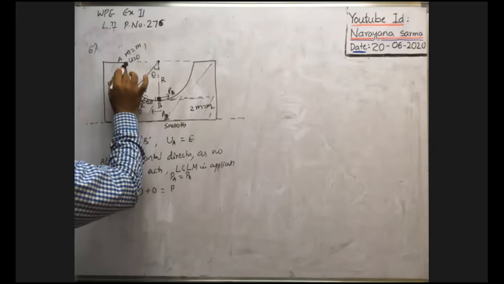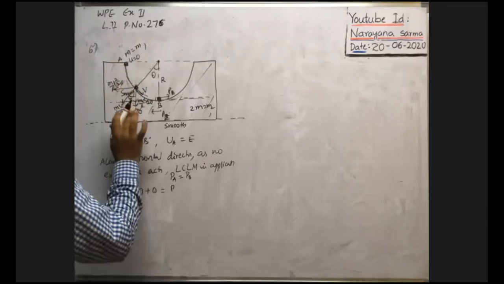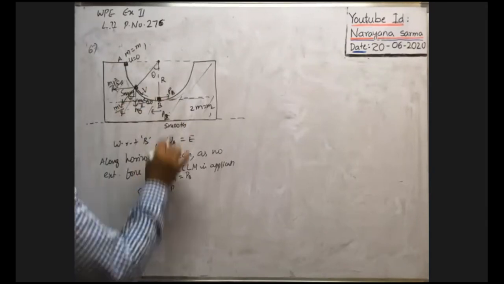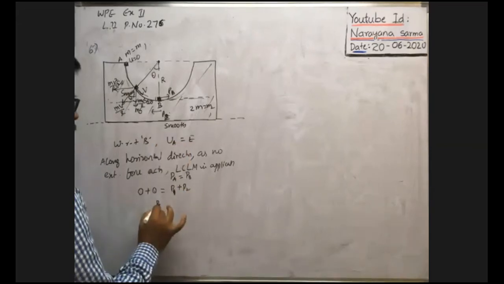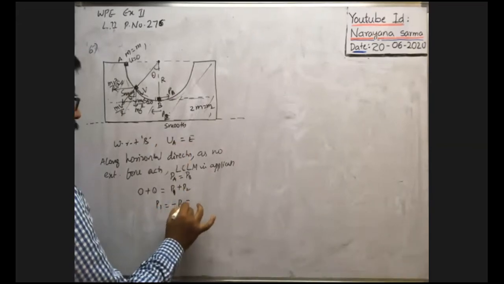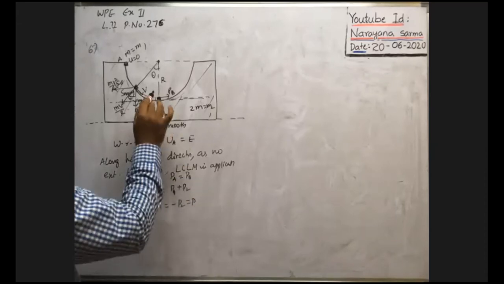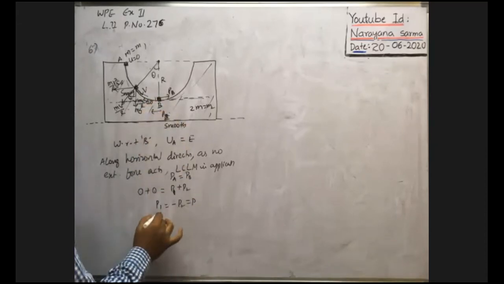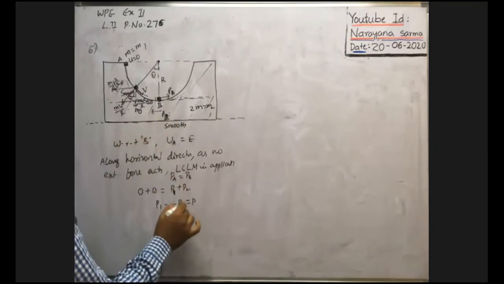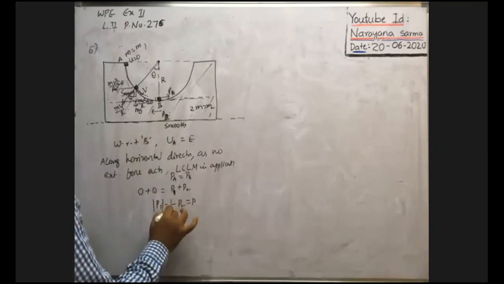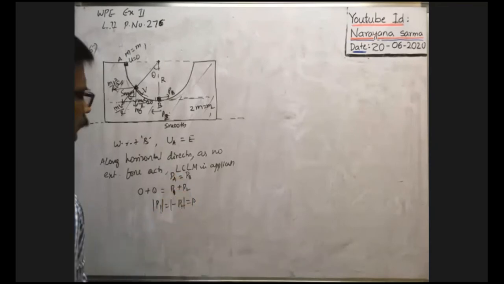Whenever the body reaches the point here, the momentum of the body is say P1, and the momentum of the wedge is say P2. Then P1 is equal to minus P2, that is equal to say P. That means the momentum of the body and the wedge are equal in magnitude, but the minus sign represents they are in opposite directions. That's why you consider the magnitude of momentum of the two. Both are equal, that is say P.